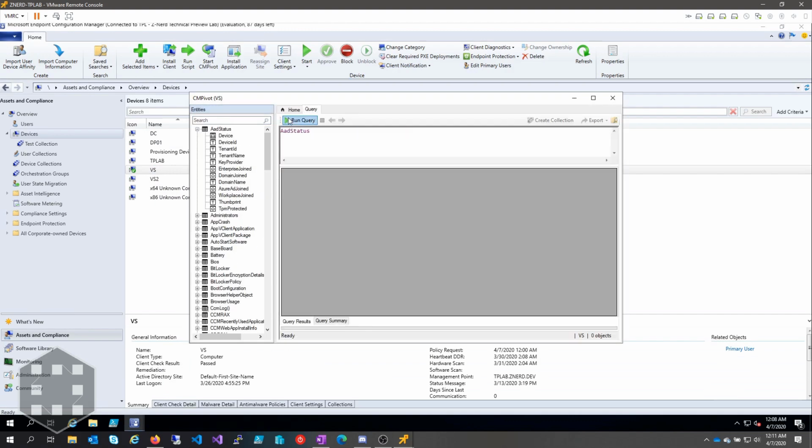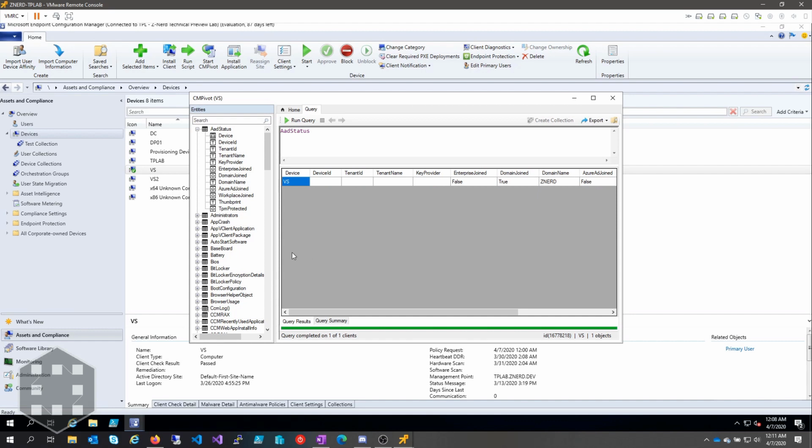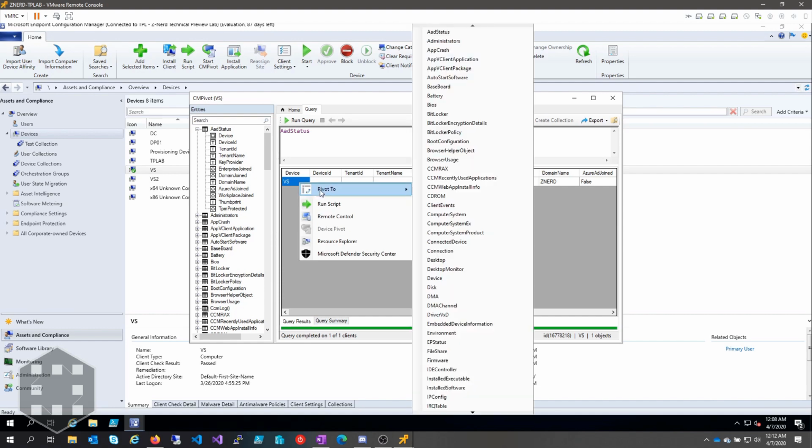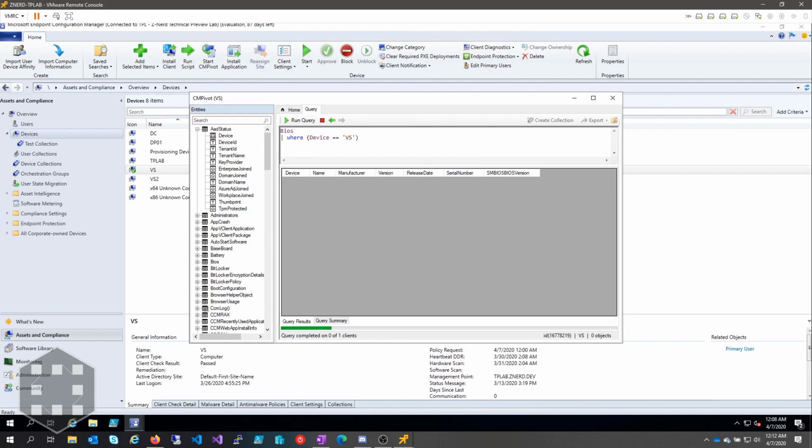Let's do the Azure AD status. We'll see that the job actually just executed against a single device rather than a collection of devices. If we right-click on the device, we can actually pivot to this device and say BIOS and get the results for this particular device. Obviously, this isn't super helpful when it comes to a single device, but if we were